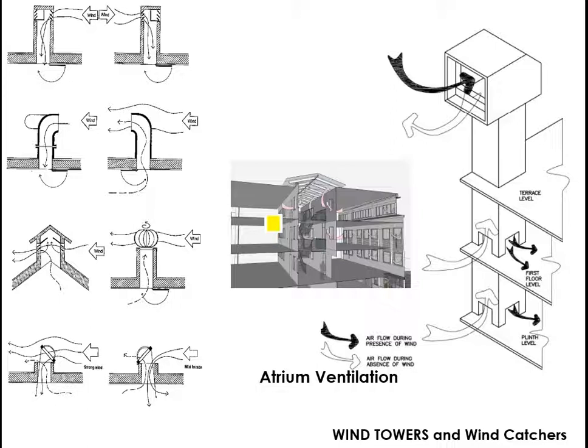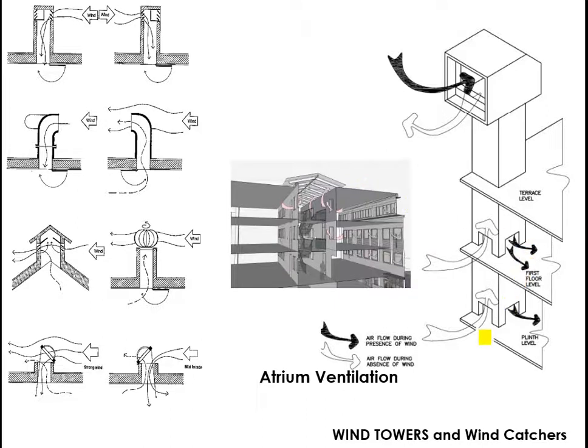So we have atrium ventilation. Generally, we have a courtyard, but if the courtyard is going to get heated up very highly because of no shade, we generally shade it with some kind of roof, but with openings which can let the hot air outside. We call it the atrium. The atrium is generally used in shopping malls, maybe in some institutional buildings, and some factory buildings. Okay, which creates the natural phenomenon of ventilation,